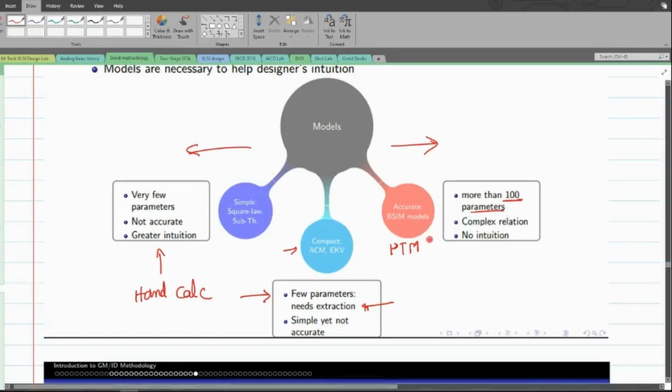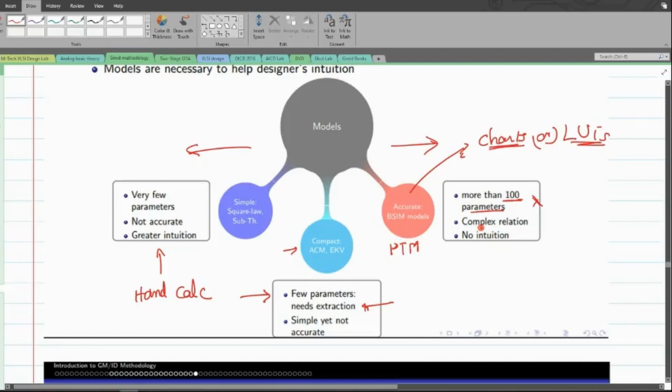So what we are going to discuss under this gm over ID is that we want to have an accurate model. So what I will do is use this accurate model to generate some set of charts, or some set of lookup tables, LUTs, so that there is no need to worry about the hundreds of parameters that are involved. I'm trying to step down the difficulties that I normally get out of this accurate model by making use of either the charts or the LUTs, so that I don't have to rely on the complex relations.